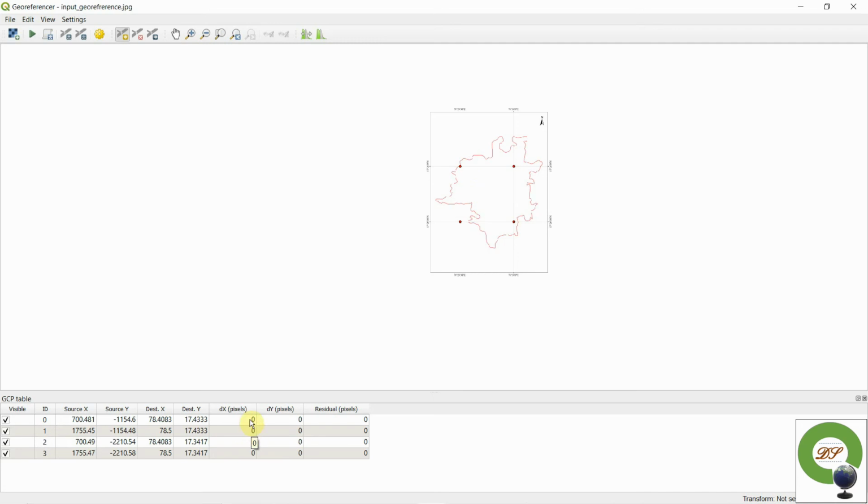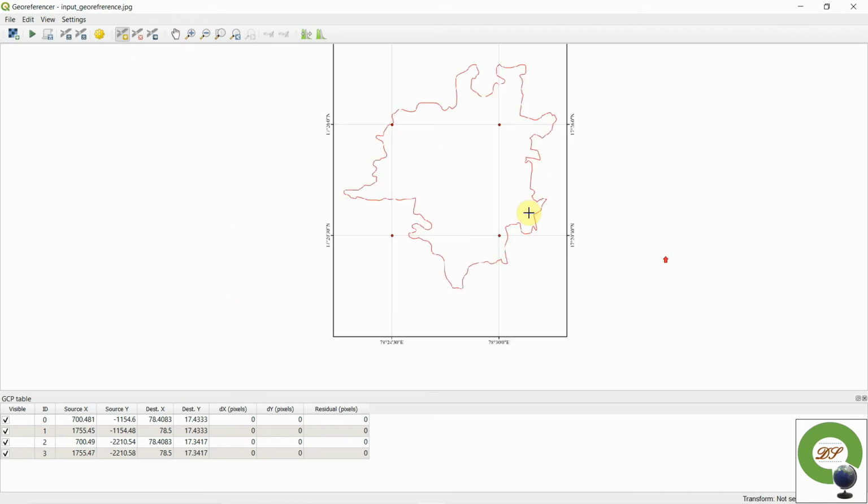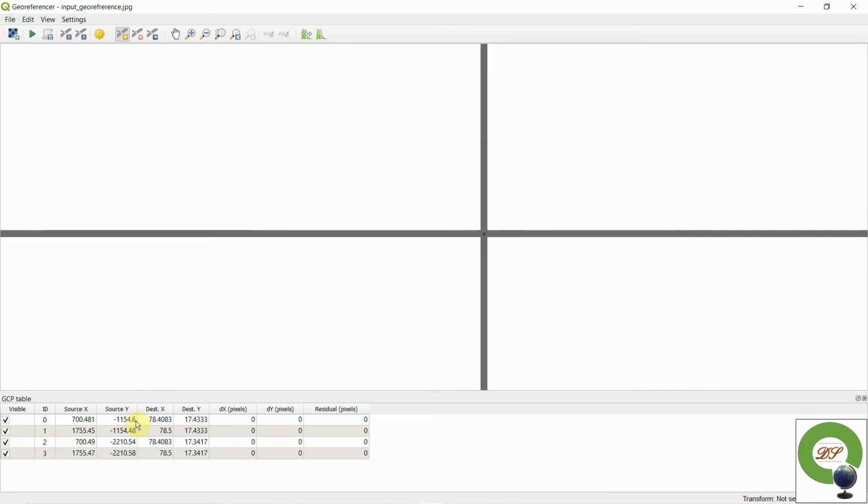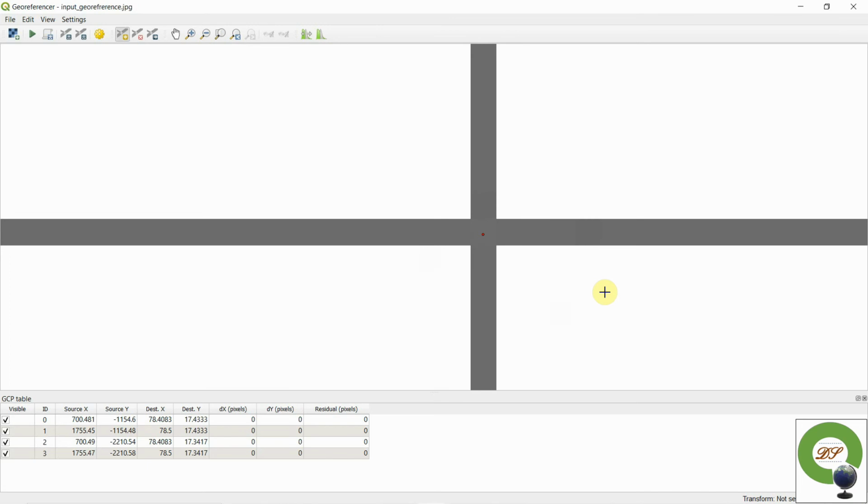Okay. Now what are we going to do? Right now, if you fail to create this GCP, if you input latitude and longitude which are not exactly matching, for example at 78 you typed 68, if you want to delete that particular point, go here, select this delete point and click over that respective point, it will be deleted.